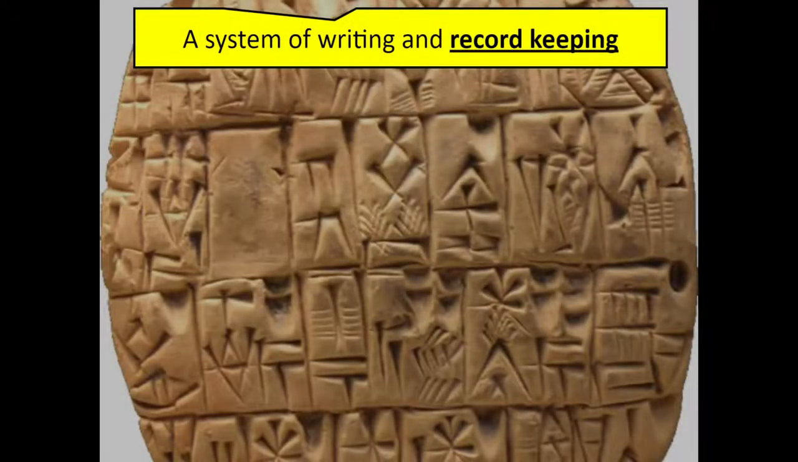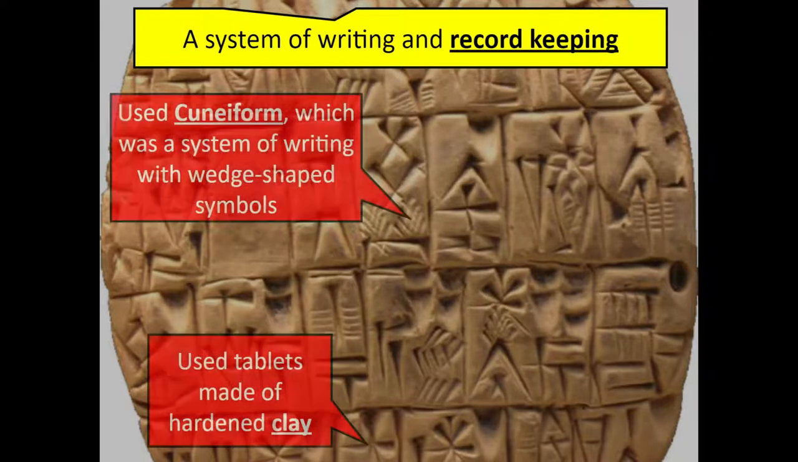System of writing is another criteria for civilization, and Sumerians had that. They had a system of writing. It was used primarily for record keeping. It was called cuneiform, and it has these wedge-shaped figures and symbols that denote words. And the tablets were made of hardened clay. Now, I said they're most often used for record keeping, but